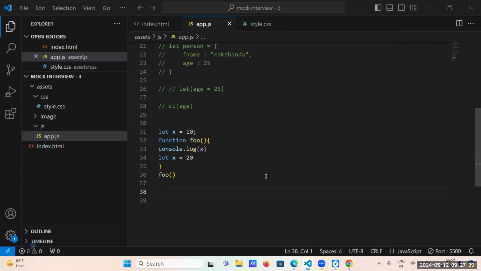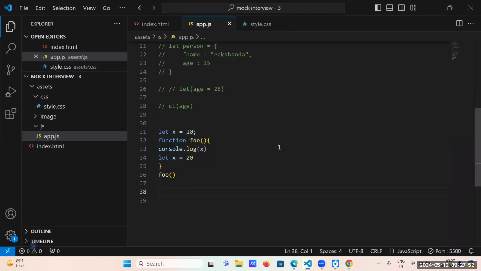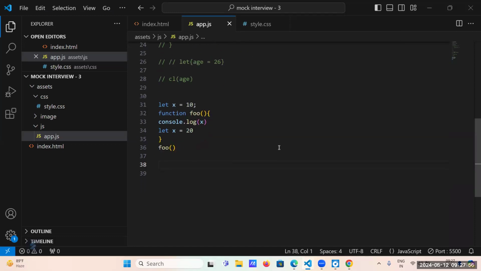It is a reference error. Did you understand the difference now? Yes, the concept is the same. It has functional scope only. Okay. Now, can you tell me what is a currying function?